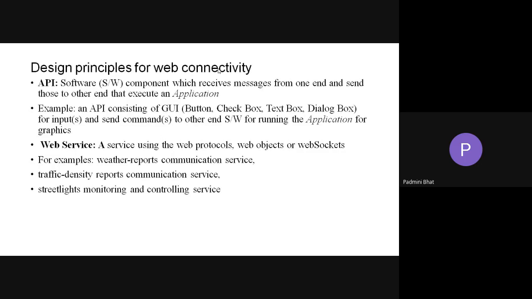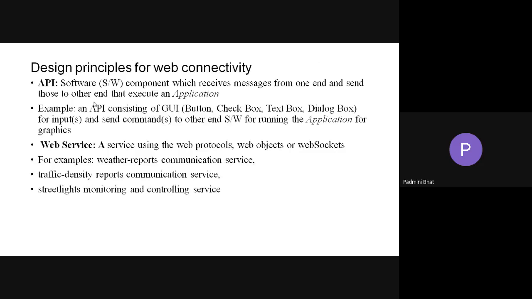While connecting, we have to keep in mind the things we studied in the previous classes. For the types of web connectivity, what are the terms used, and what are the protocols used, some of them particularly for IoT applications only. That we will be studying in today's class.